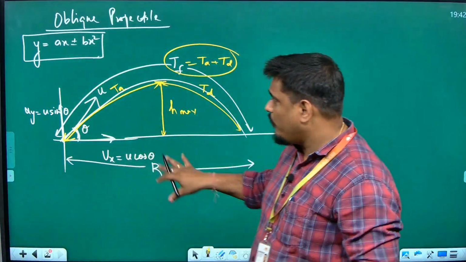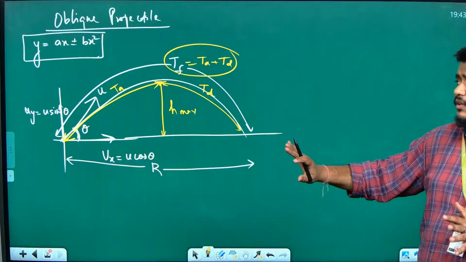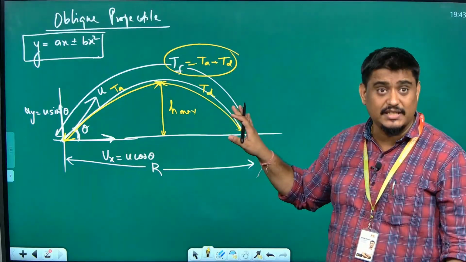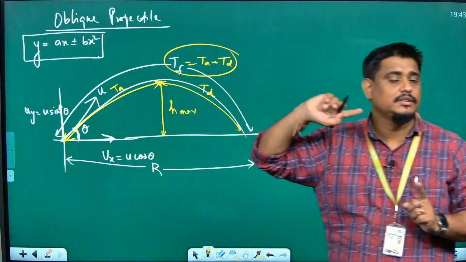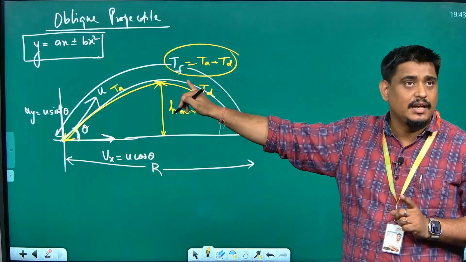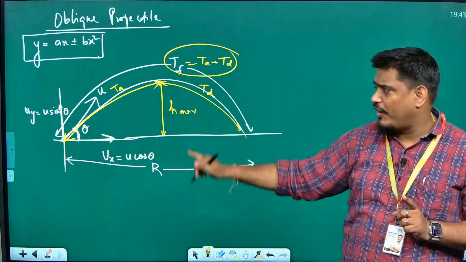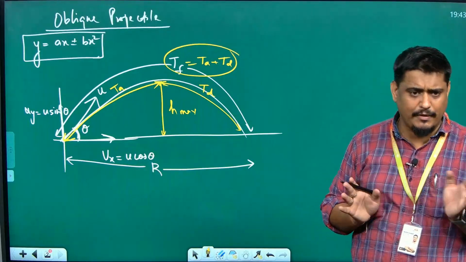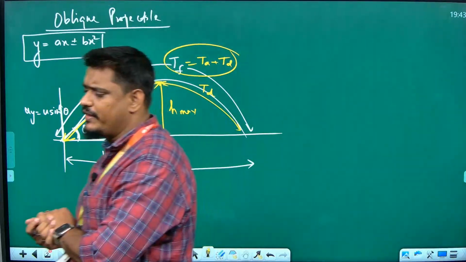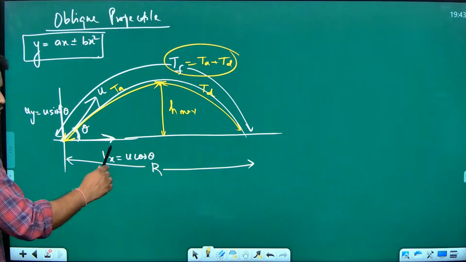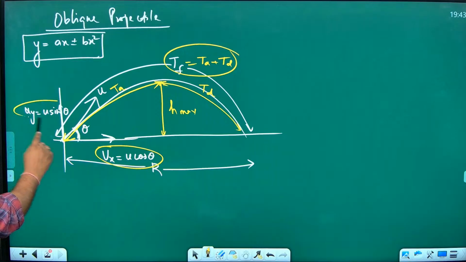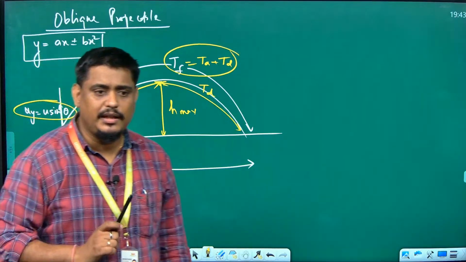But today, for another half an hour, I am going to speak only about verification of the parabolic path, whether it is really a parabola or not. How will I verify? I will check whether the equation of the projectile comes in this form or not. I am going to find time of flight, range, and H max. I will go one by one through all the derivations. But before I start the derivation, I want to give you some more information about projectiles. Whenever I resolve the velocity into two components, u cos theta and u sin theta, these two velocities don't behave the same way. They behave in different ways.